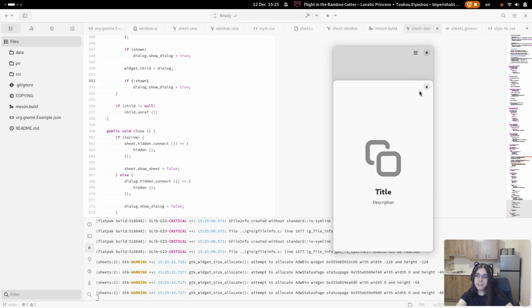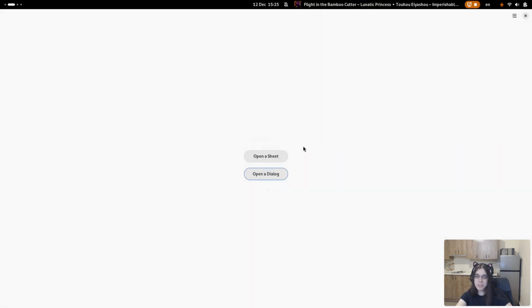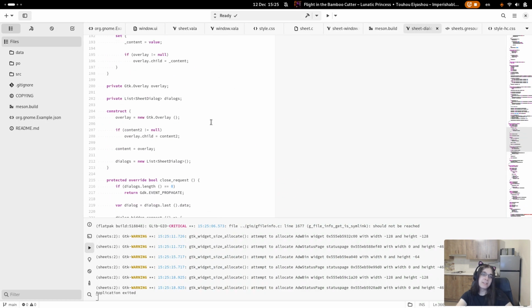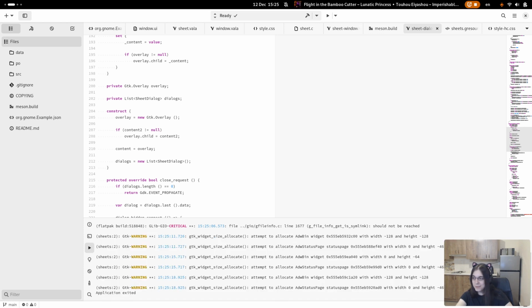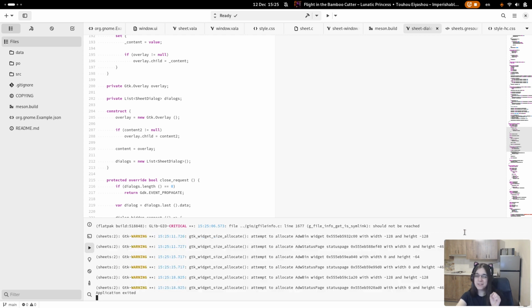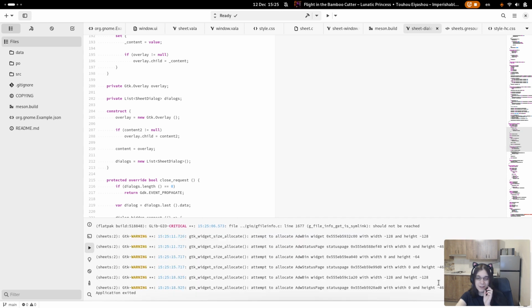But at this size, it's a sheet. This was just a prototype though. It's not very robust, and you can see right away warnings from me invalidating the location constantly. Not this though. These are a Flatpak bug.